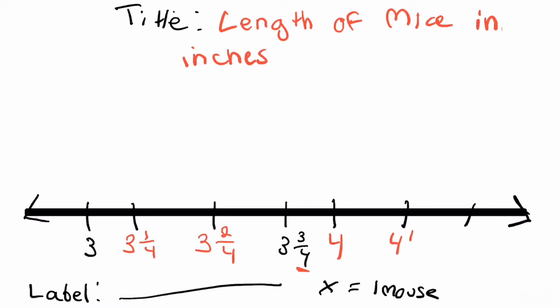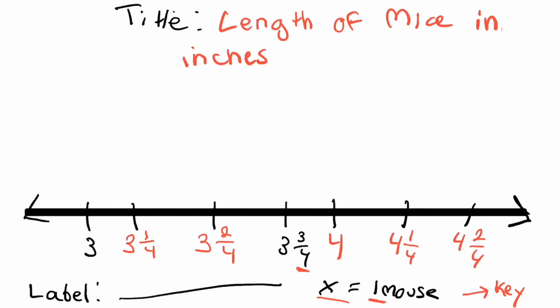4 and what? 1/4. 4 and 2/4, or 4 and 1/2. And it looks like here there's a key. 1 X equals 1 mouse. I'll just put a little note here to show you that that's a key. And a label. What is the label? All right, so let's put our tick marks or our X's